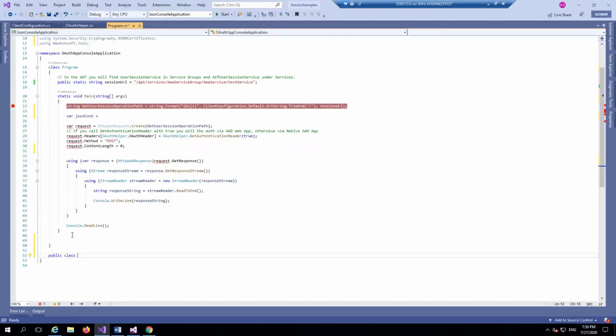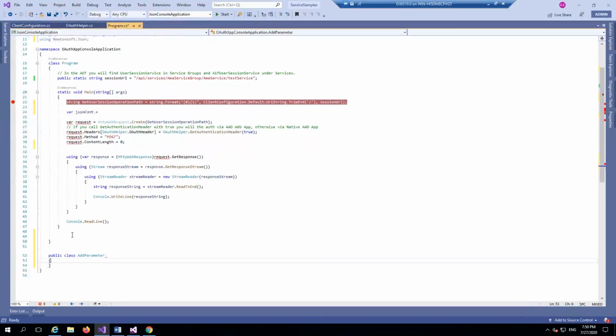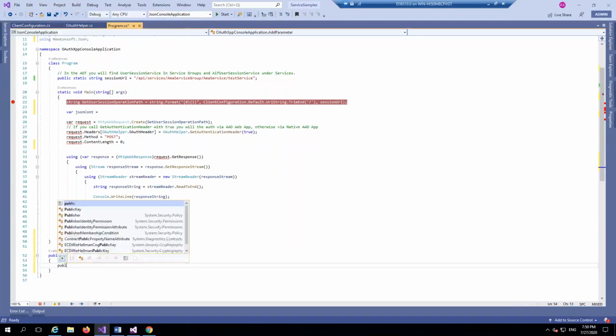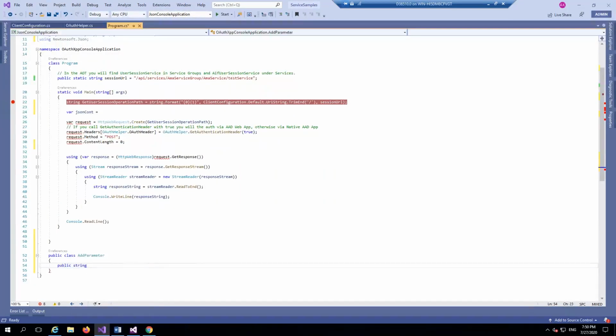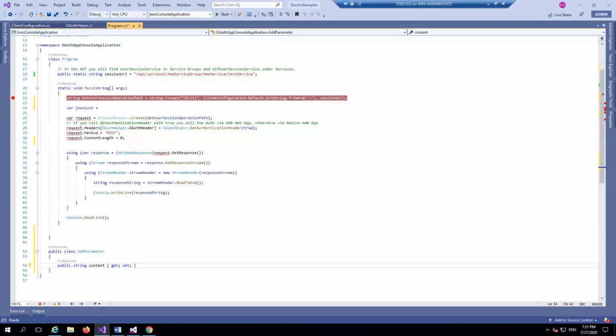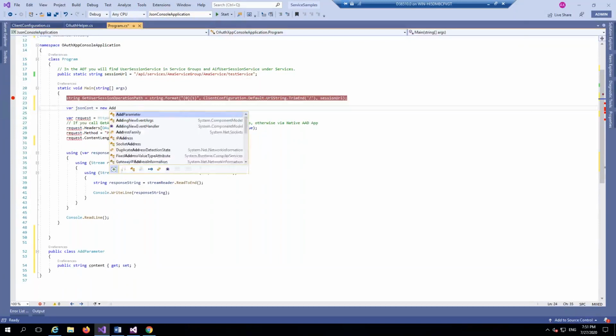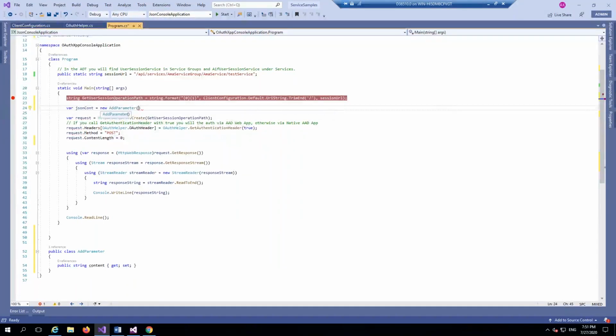Public class, and I will call this AddParameter. Here, public string Content, and then I will say get set. Hey, this is C sharp. I don't know whether you people know C sharp or not. This is how we write. Now here, JSON contract equal to new AddParameter, and in the bracket I will simply say